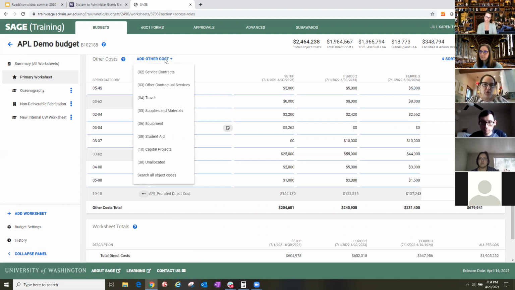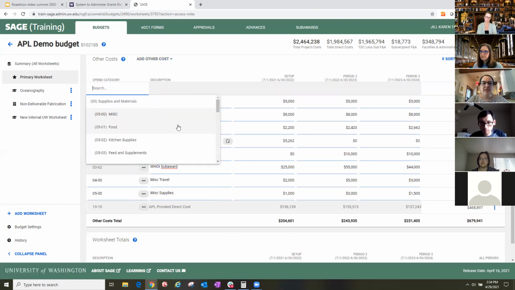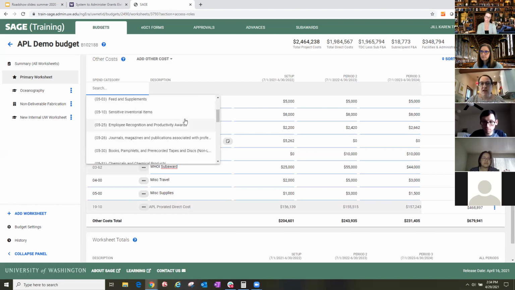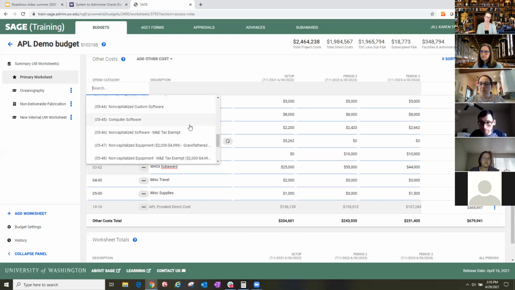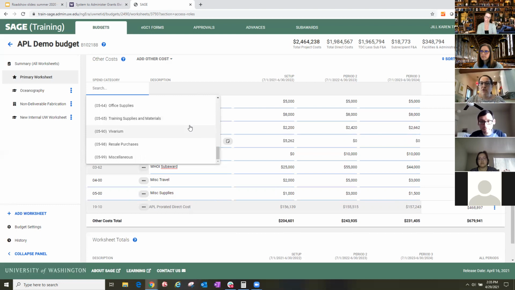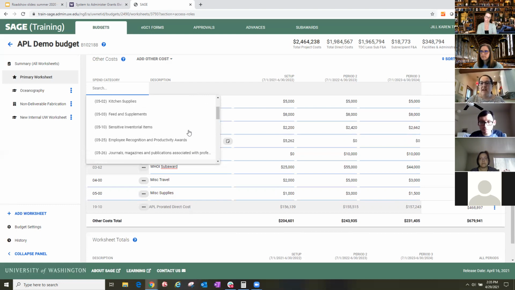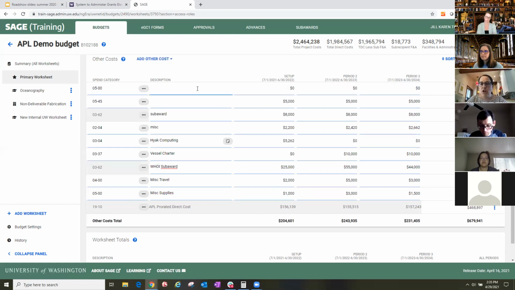So Jill, for example, if you were to go to number 5, supplies and materials, the very first option is 05 miscellaneous. And then if you continue scrolling down the list, you'll see there's a much greater level of detail that you could choose from. You're welcome to use that additional level of detail if you know what object code or description is most appropriate to the cost being added, but you don't typically need to do that. If you wanted to just enter 05 miscellaneous, that is sufficient,